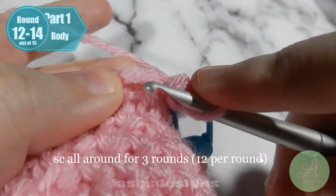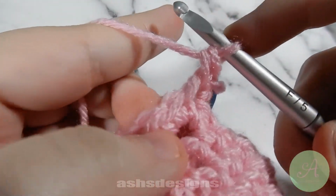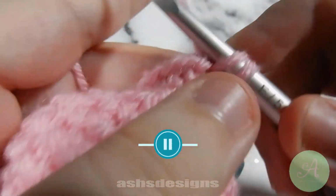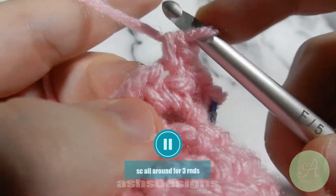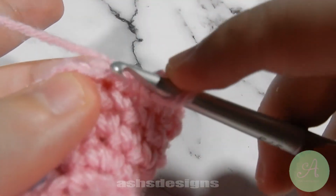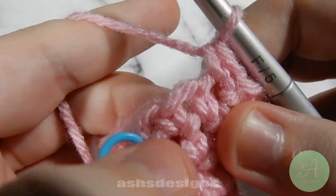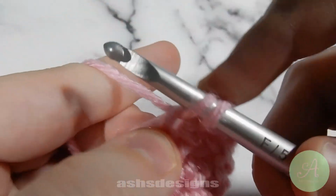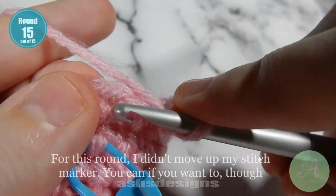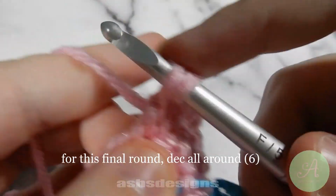So for rounds 12 through 14, you'll just work flat. So single crochet in each stitch around for 3 rounds. When you get to the end, you can move up your stitch marker, although I'm not sure I actually did that. So for round 15,